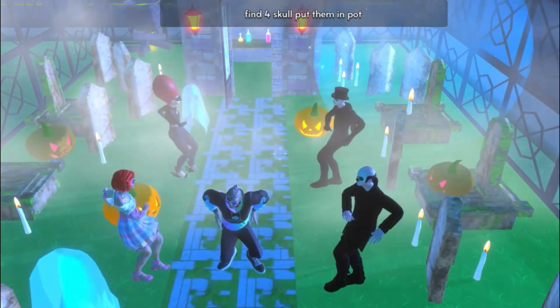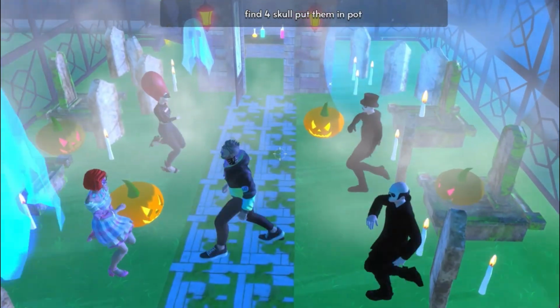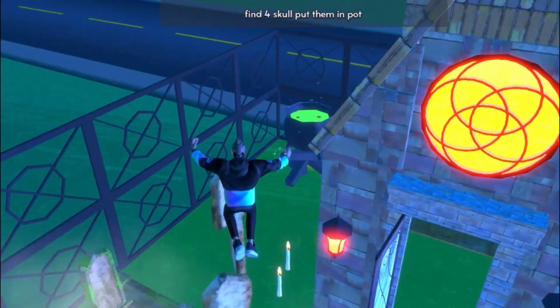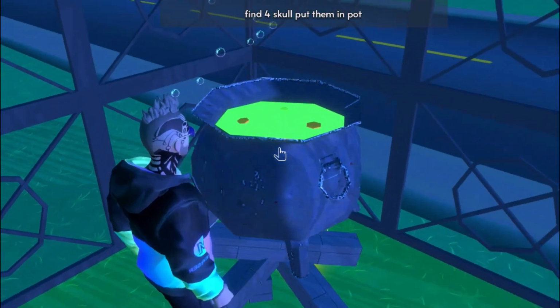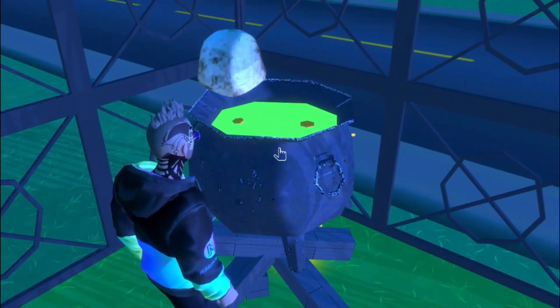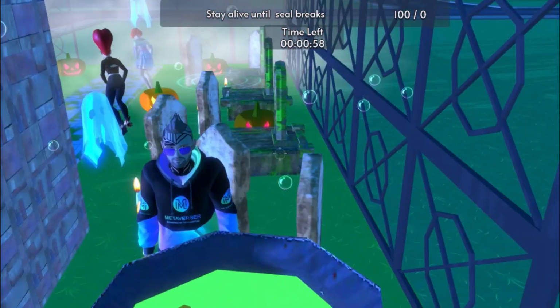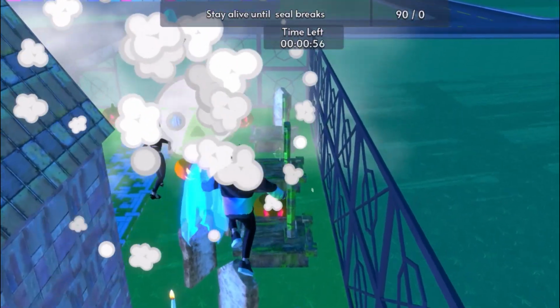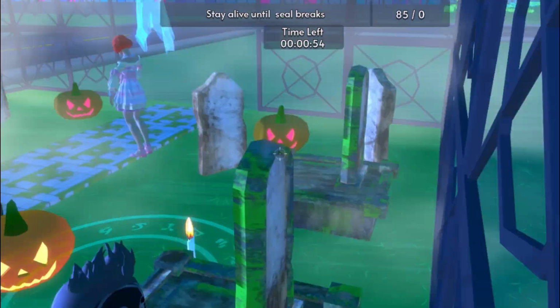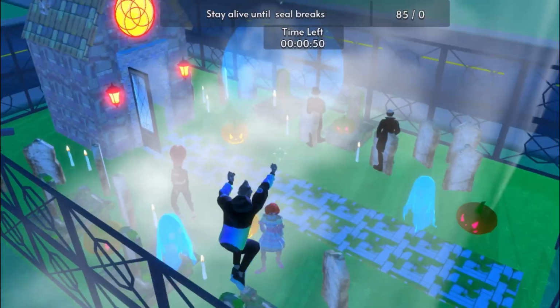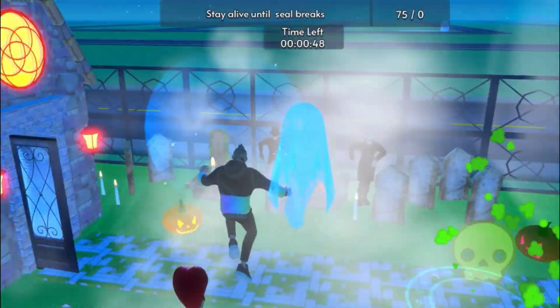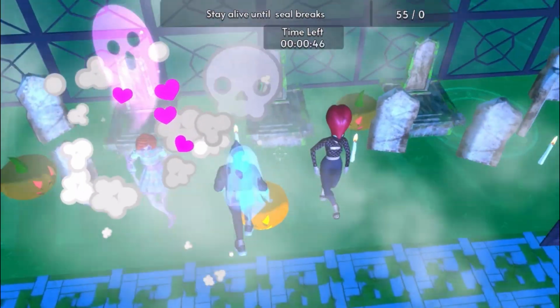Alright, it's beautiful. Okay, let's go to the other part. I should put the skulls in this pot. So when I click on the pot in here, I have my skull in the pot, and the other part of the challenge has begun. Now I should stay alive in this time, and in this part all the characters hurt